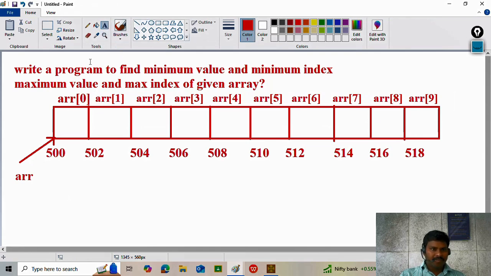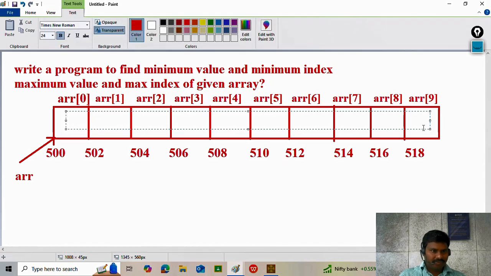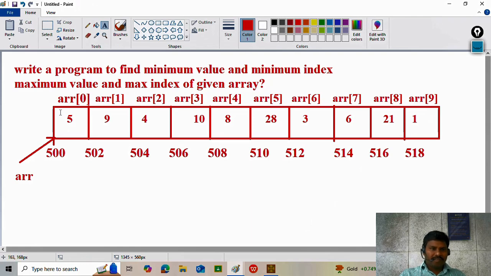Here I am entering some values. Entering values are 5, 9, 4, 10, 8, 28, 3, 6, 21, and then 1. So in this array you have to find